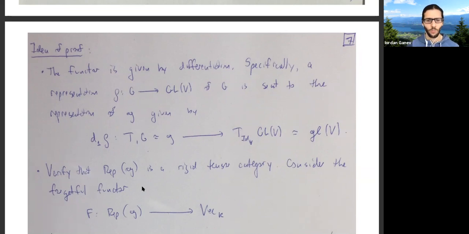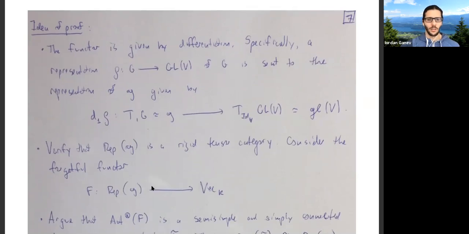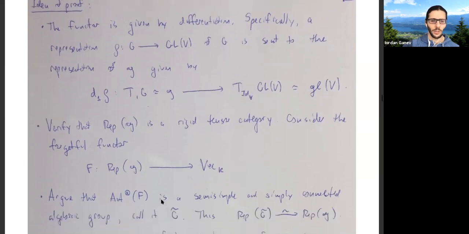And there's a forgetful functor to vector spaces, and this functor is faithful and exact, and it's compatible with the tensor structure. Then you think about tensor automorphisms of this forgetful functor, and that's a group,